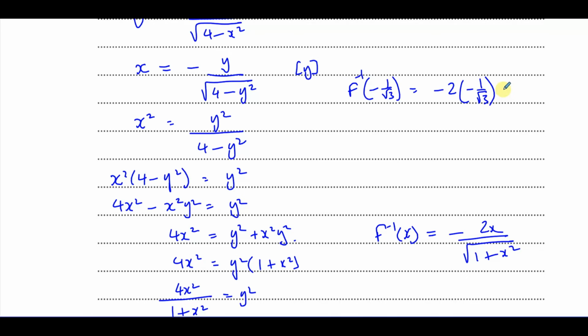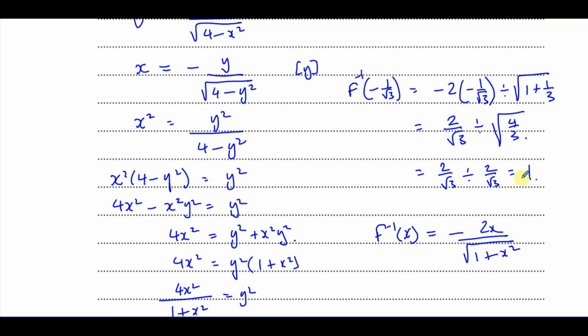Okay, and then I'm going to put divided by the square root of 1 plus, and this is going to be negative 1 over root 3 squared, which is going to be 1 over 3. Okay, when I square this, I'm going to get 1 over 3. So this gives me 2 over root 3 divided by the square root of 4 over 3. Okay, so this is 2 over root 3 divided by 2 over root 3, which gives me 1, which is